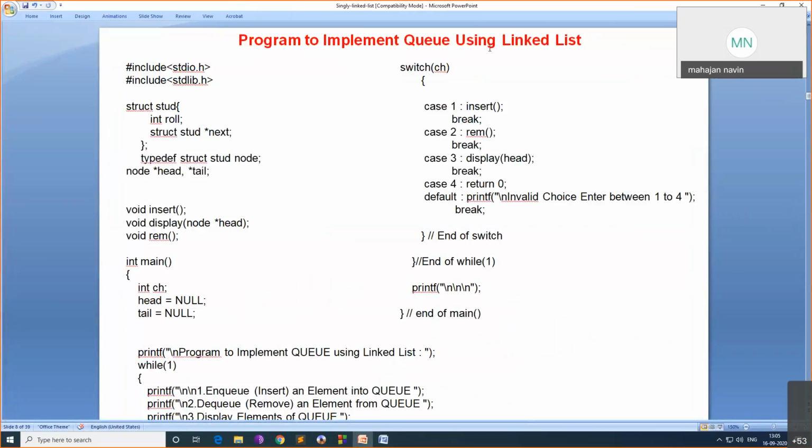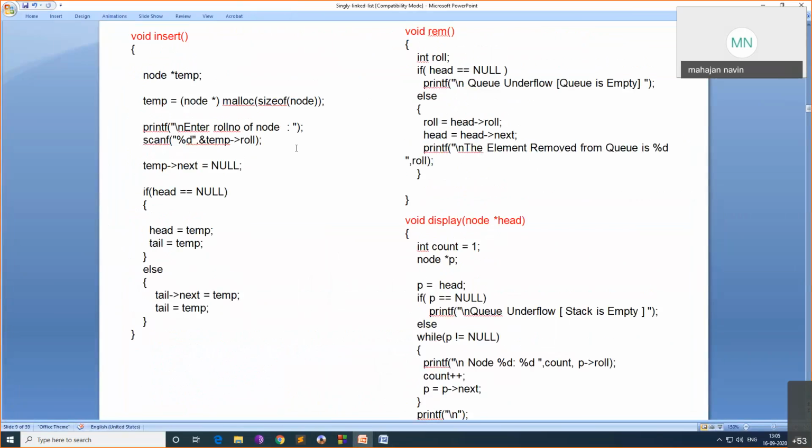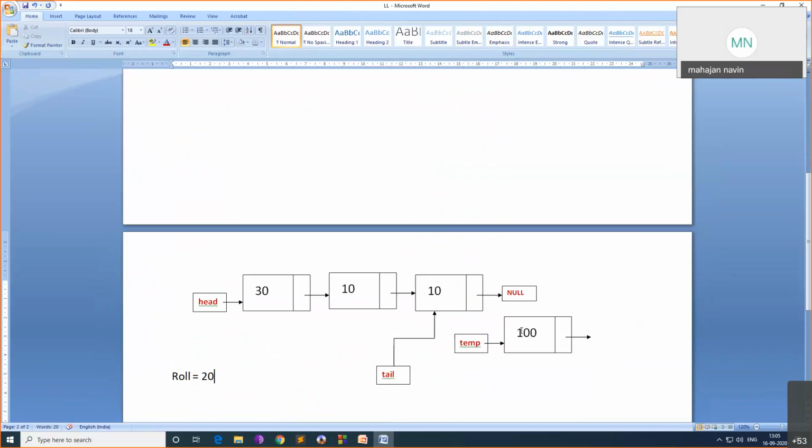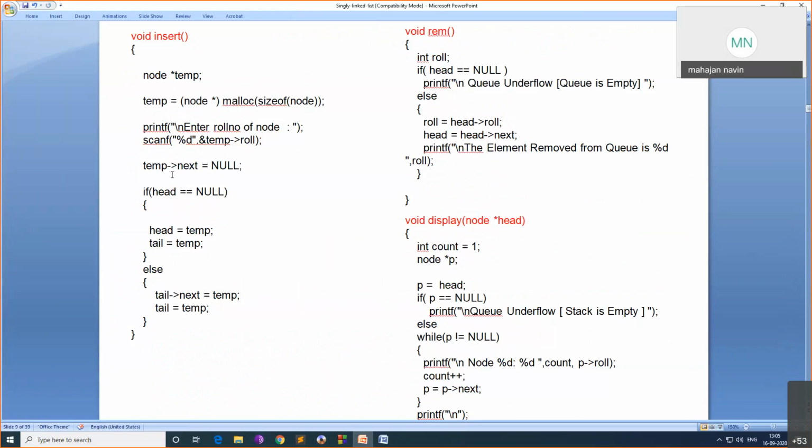Program to implement queue using list. Suppose you want to add a new node with a new value. Temp will have new memory allocated with malloc with the size of the node. Enter roll number. We'll read the roll number and store it in temp of roll number. That is here. The new value is stored. Then I'll say temp of next equal to null.